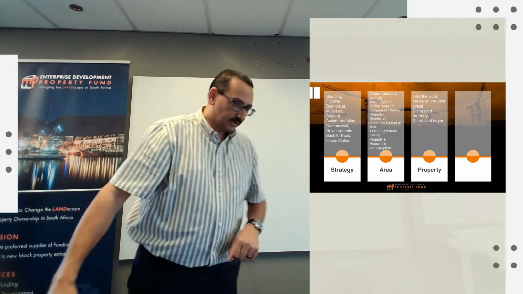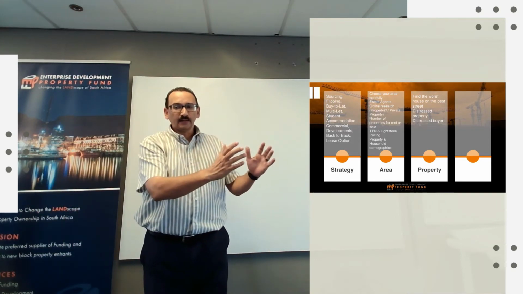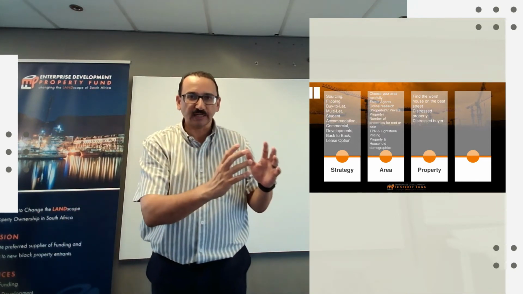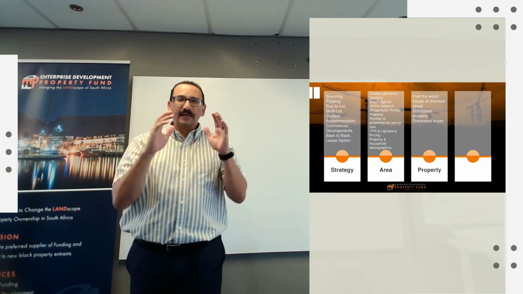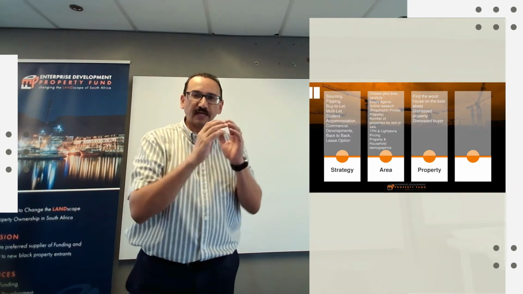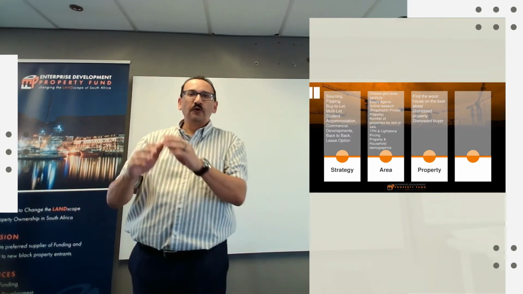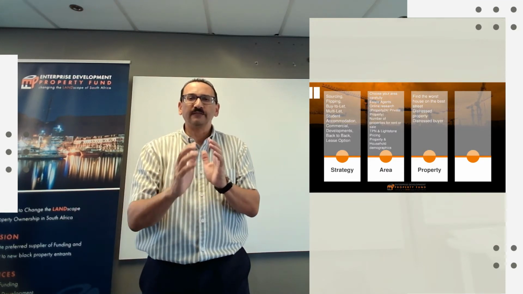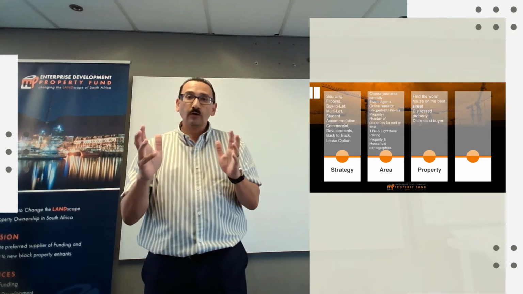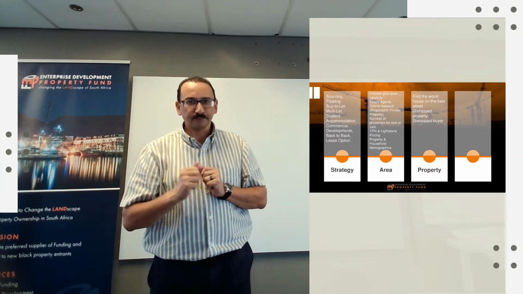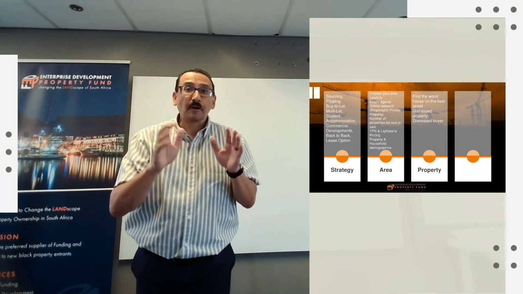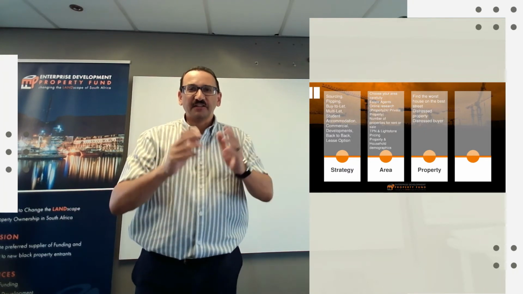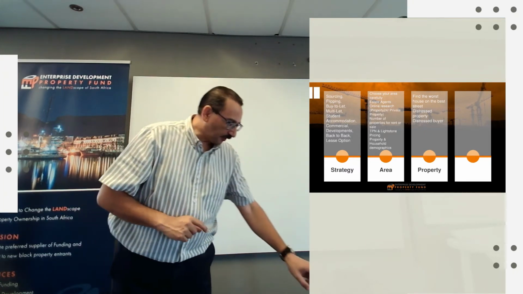Okay, now you have looked at the area, you've decided on your strategy, you have looked at the area in which you want to invest, you've decided on the area, and you found the perfect distressed property that you want to now renovate and sell, or renovate, hold, and rent out. The problem is you don't have any money. So the next step is, how do you finance your deal?